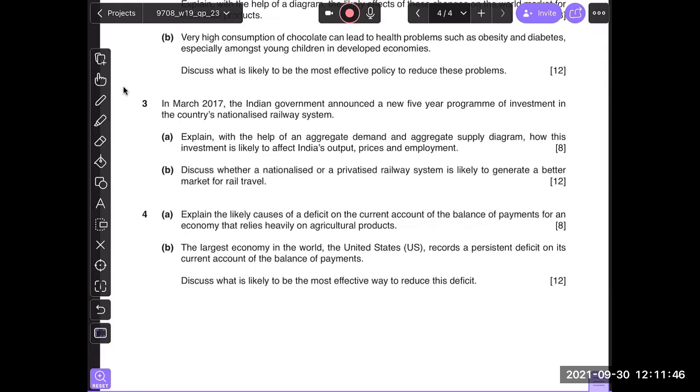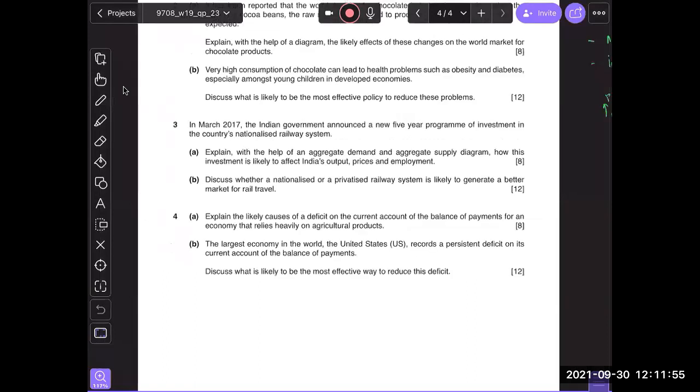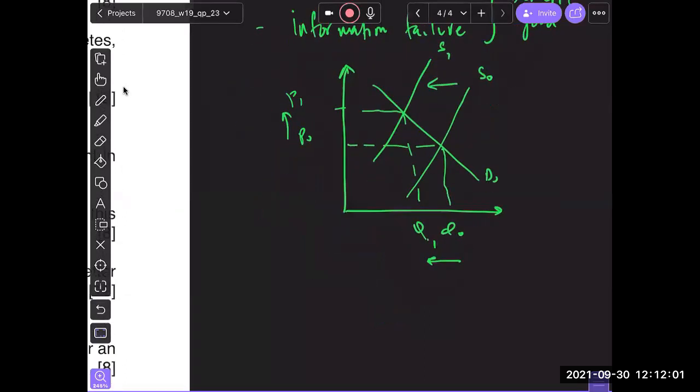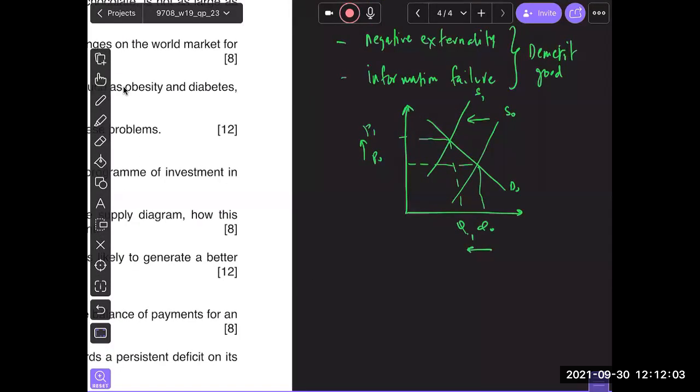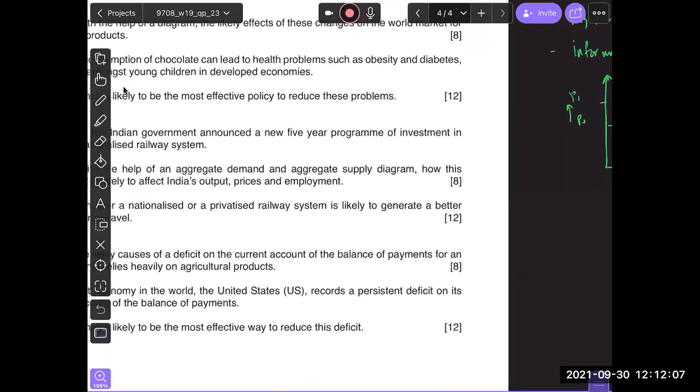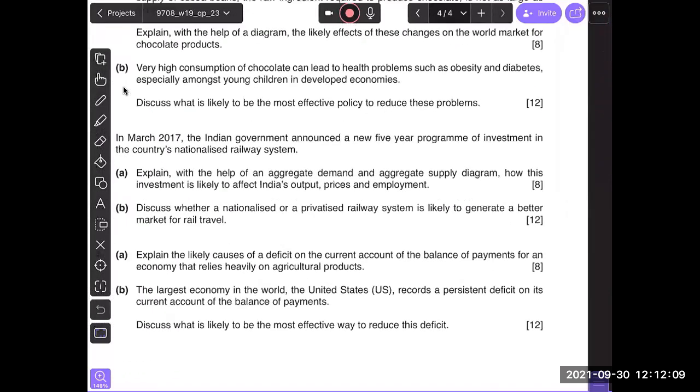Amar, yes, you have a question. What do you mean answer formation, Amar? We've talked about it. We talk about demerit good, why it is a demerit good. Talk about indirect taxes, how they work. Talk about the pros and cons of indirect taxes, and talk about any other policy, and then conclude your answer by giving pros and cons of both the policies.